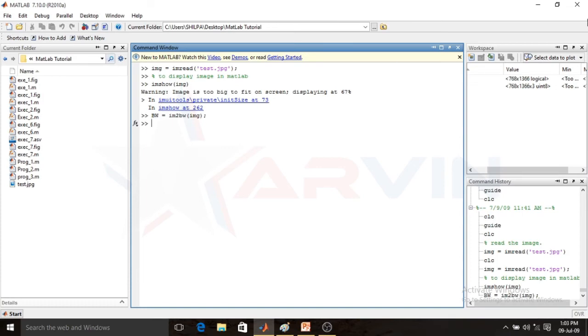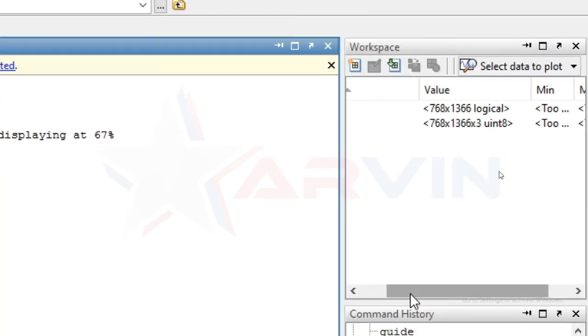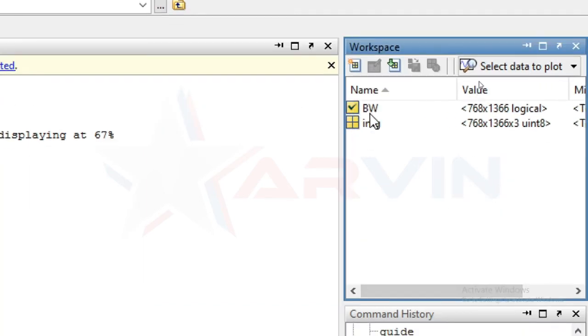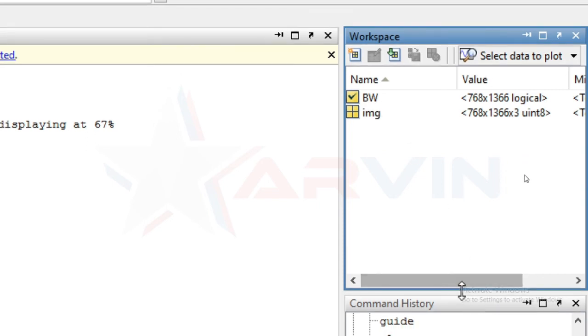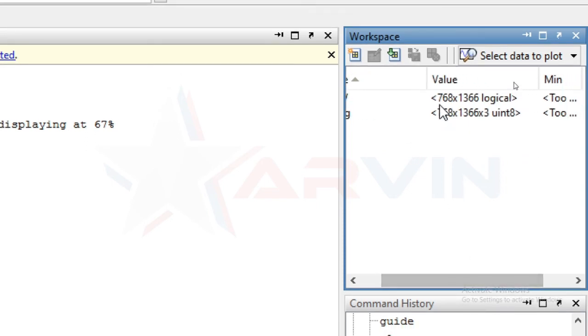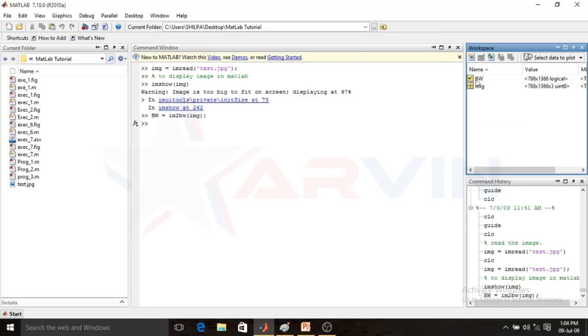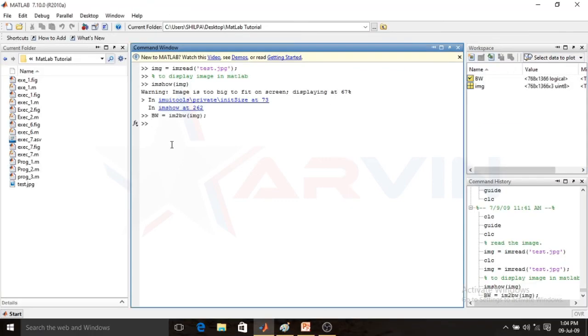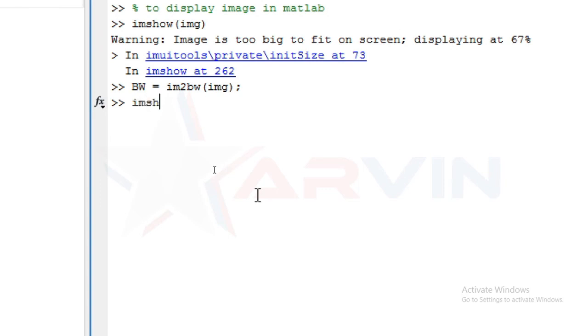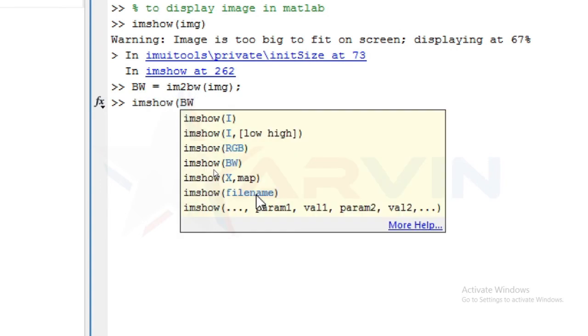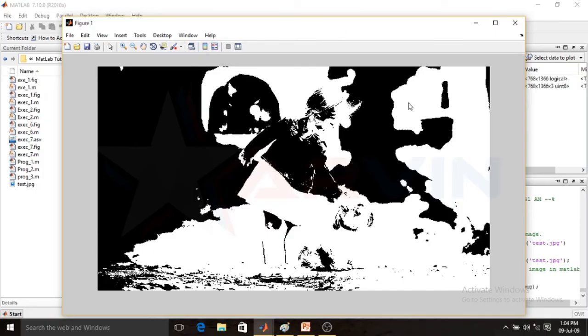Now have a look at the workspace. In the bw variable the size of the image remains the same, but the units changed from uint8 to logical, meaning this is a black and white image. Now we show this image in MATLAB, so we use imshow and define bw, press enter, and you can see here is the output black and white image.